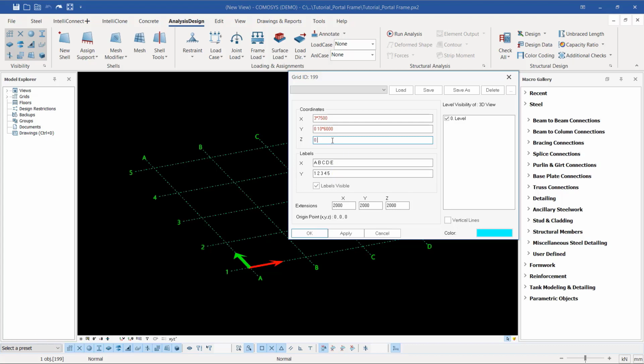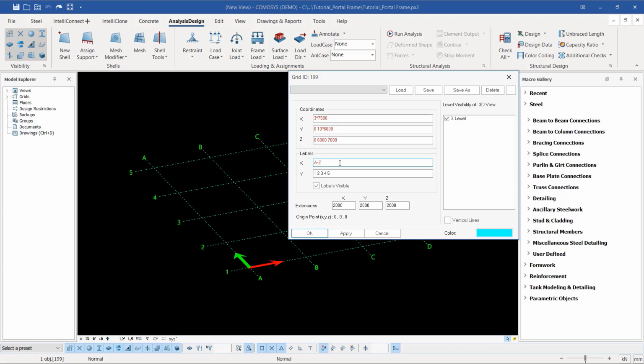The utmost height of my column will be 6 meters high, and I'll give a space and give it maybe another 7 meters. I'll add 1 meter on top of it for the apex height. So under labels here, I have A, B, C, D, and under Y, I have 1, 2, 3, up to 5. So instead of retaining it like this, I can just come here and get rid of that, and just key in a dash, and I just feed in a Z here,